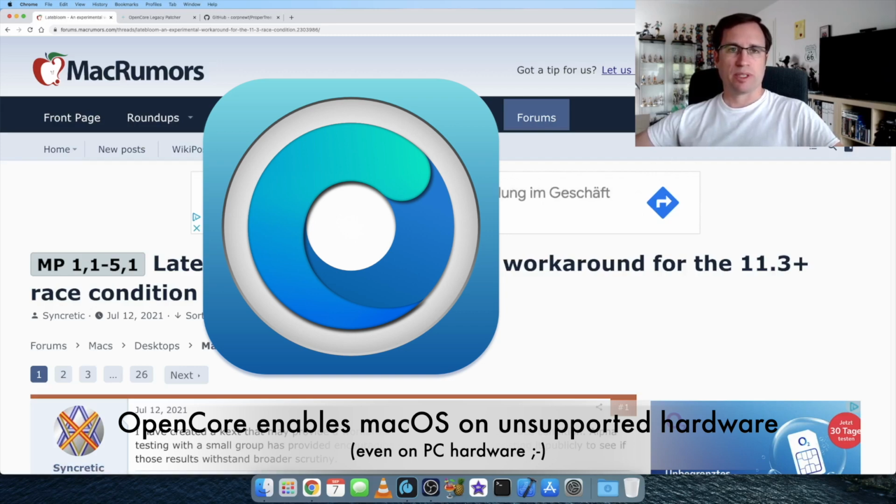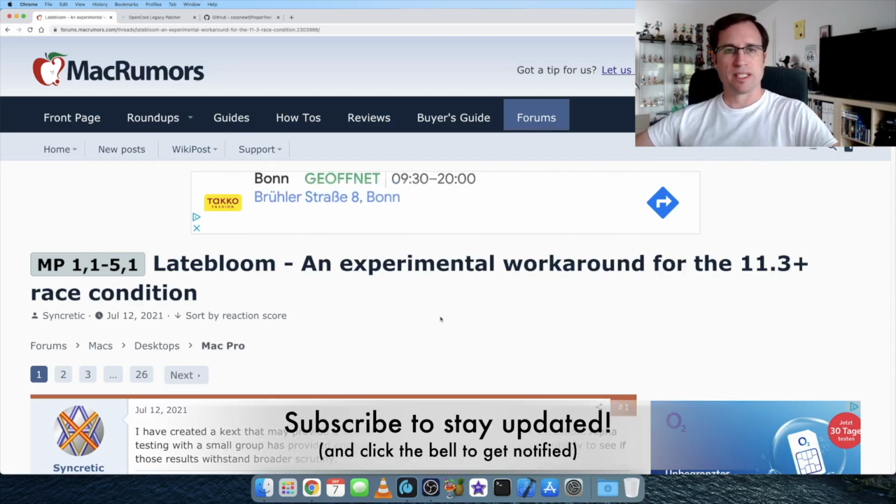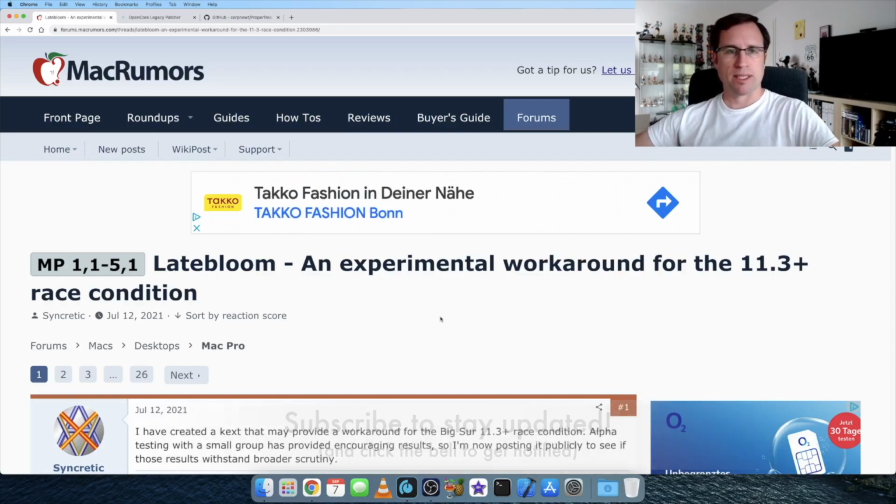Monterey on unsupported hardware. If you're new into this and you want to know how you can do that, I suggest you grab my tutorial, which explains everything, how you can set up your unsupported hardware to run the newest macOS. If you've come across boot loops, hangups, and general boot problems, especially when you're using NVMe drives or SSD